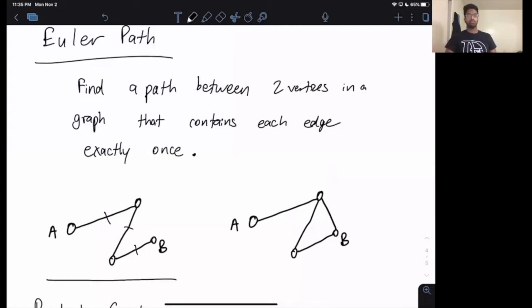It's basically: find the path and return it. Again, it's a search problem because given a proposed solution, a proposed path, you can easily tell whether it uses each edge in the graph exactly once. Now, a very similar problem